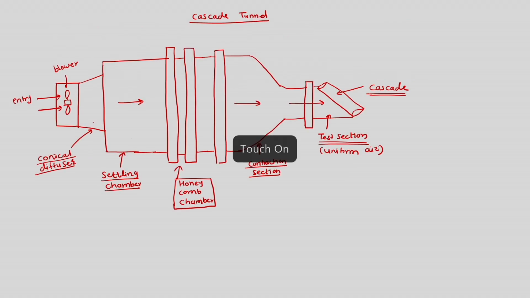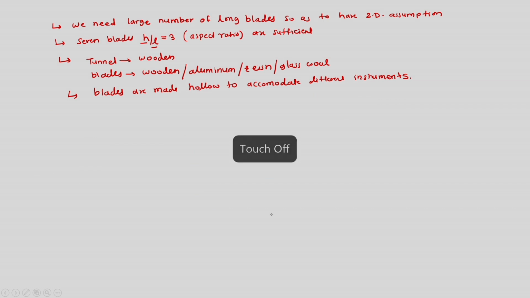Further, what we have seen is that after the contraction there is a test section, and we want a uniform flow in the test section which would flow over the cascade. But this contraction would have a boundary layer where flow would have variation in the direction normal to it, and this boundary layer is going to enter into the test section. So as to avoid this flow of boundary layer, or retarded or low energy flow, into the test section, in general porous walls are kept